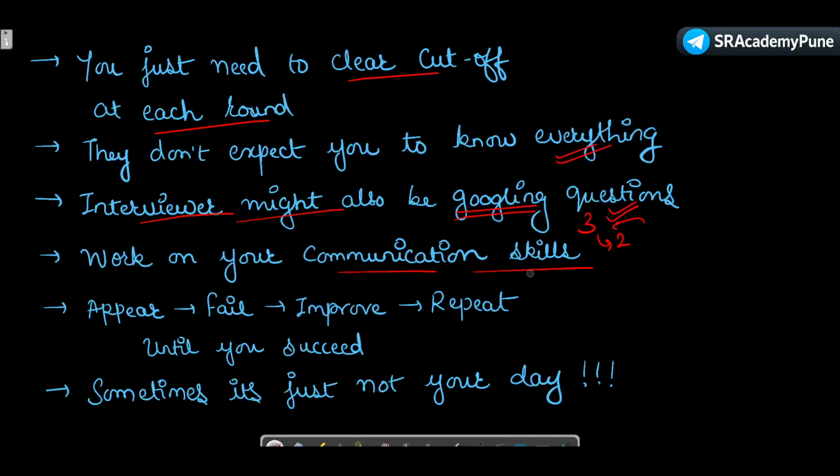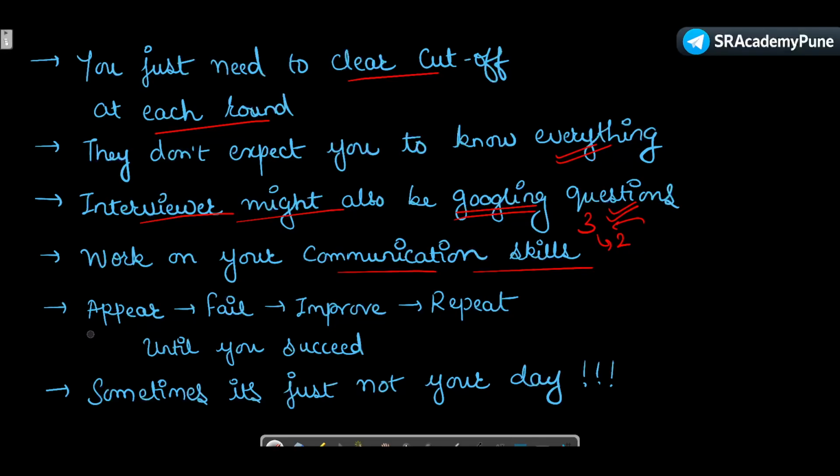Okay, a minor miscommunication can make the panel feel that you are not answering properly, or you are not considering all the scenarios that experienced engineers should consider. So work on this. Again, for this you can work on your introduction. Just take help from ChatGPT, write it down and practice it multiple times.